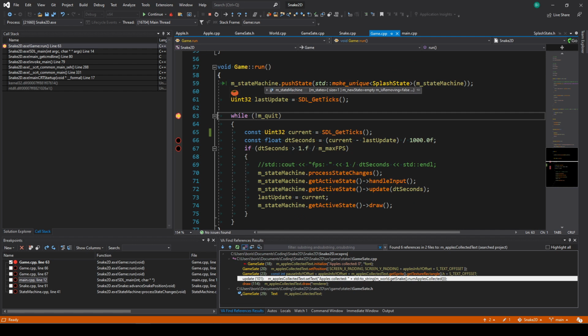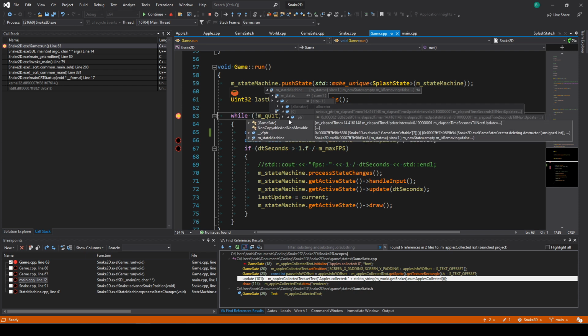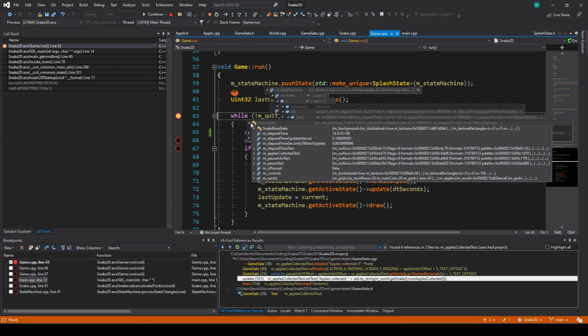If we observe the value of the state machine, it drives the main logic of the game. Each part of the game is a different state. For example, we have the splash state for the splash screen, the game state for the gameplay, and the game over state. So here we have the game state, and if we expand it,